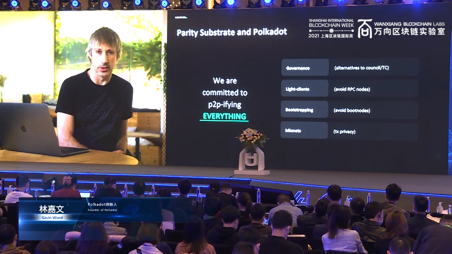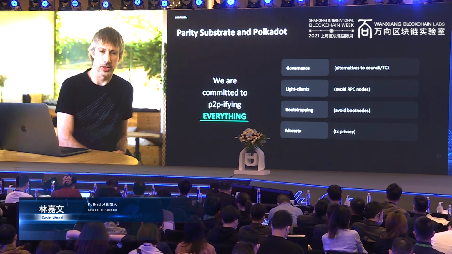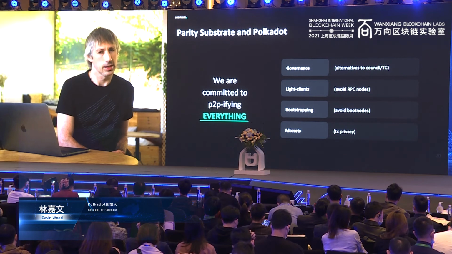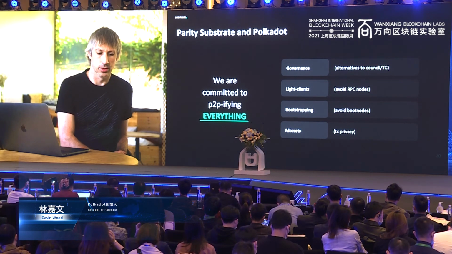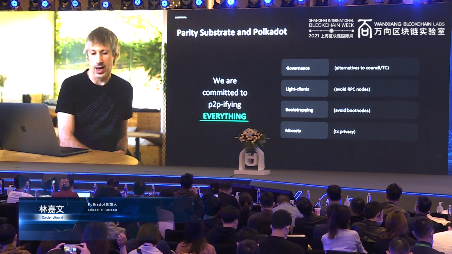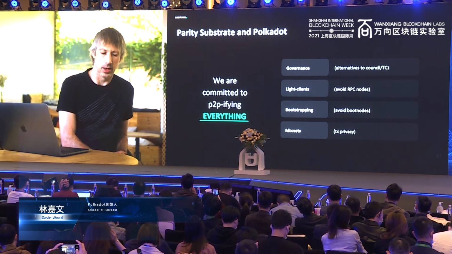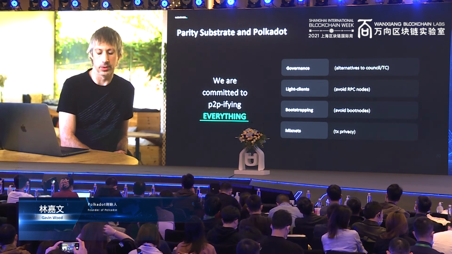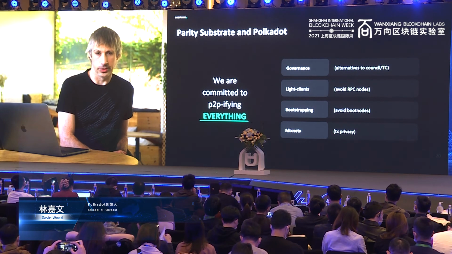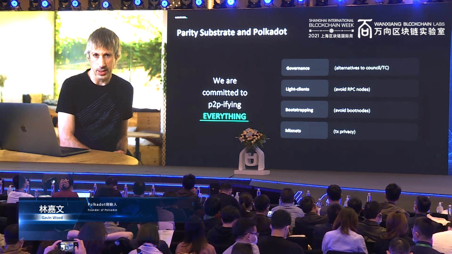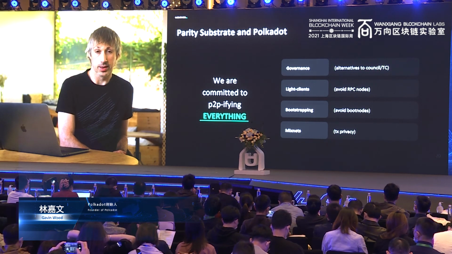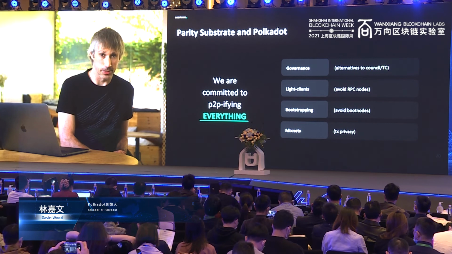So the first is governance, and particularly with regards to some of the substrate governance building blocks. We will probably need to find alternatives to things like the council. The council being effectively a multi-sig that has a large amount of control, though not absolute control, but nonetheless a large amount of influence over the course of its underlying blockchain will probably need to be reconsidered, particularly with its relationship to the other module in Substrate, the Treasury.